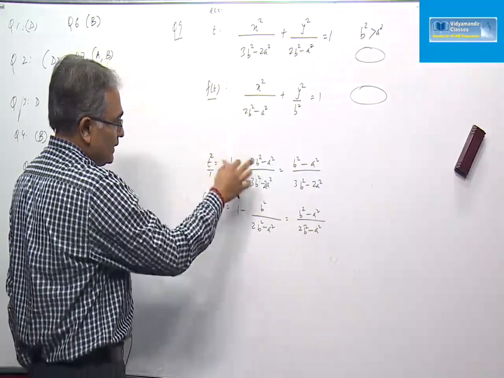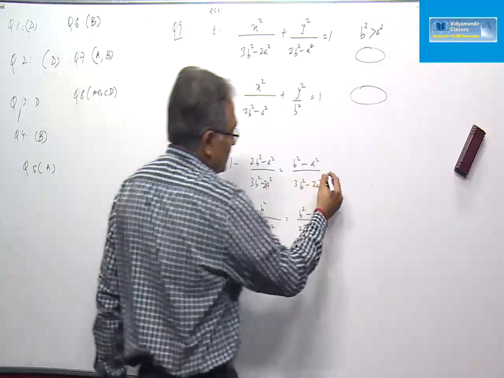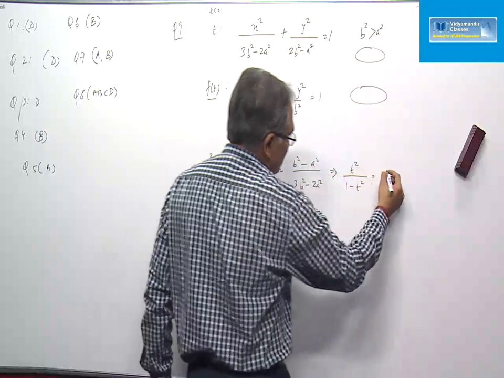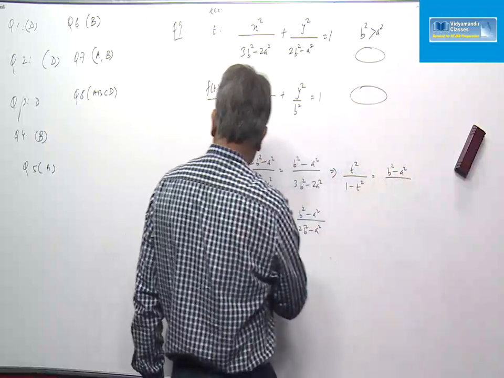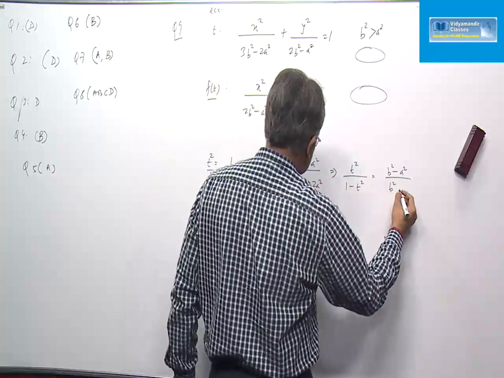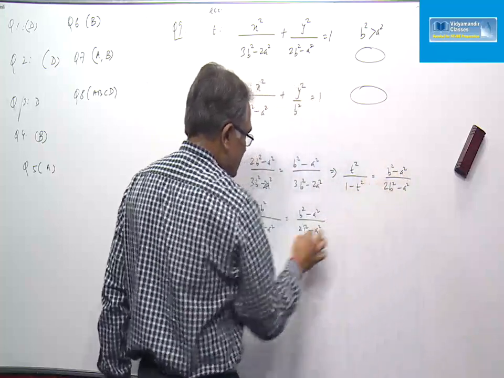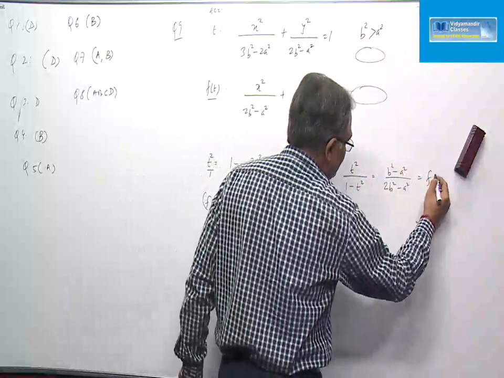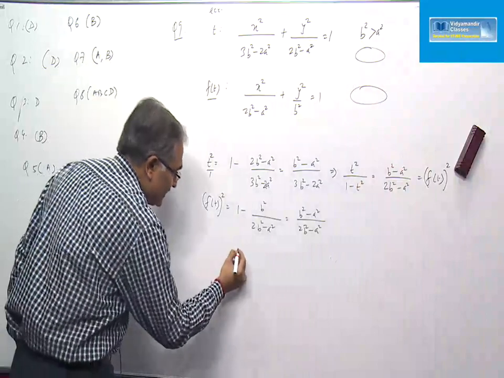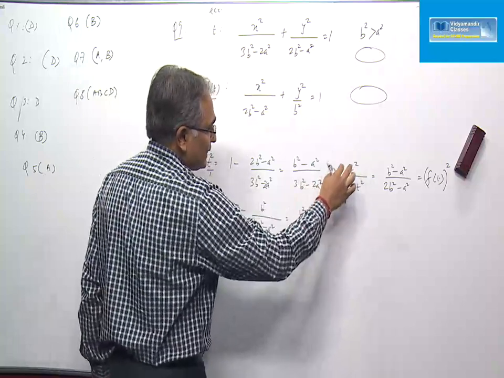That is, if I apply alternando, you can say this is t square upon 1 minus t square. This will imply t square upon 1 minus t square must be same as b square minus a square upon this minus this, that is b square minus 2a square plus a square minus 2b square minus 2a square plus minus a square, which is same as this expression. Hence, f(t) square is this. Hence f(t), the function value at t, is square root of this,